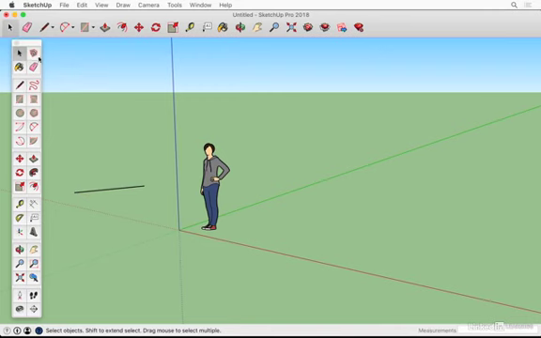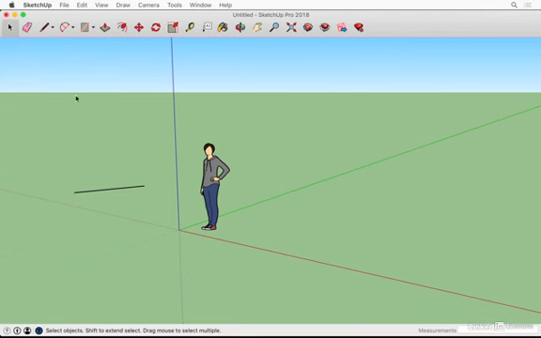And you might be tempted to go with the large tool set because it has more tools on it, right? But the disadvantage of using the large tool set is that it takes up some screen real estate. And it is possible to customize the toolbar up here, but the behavior is a bit different on the two